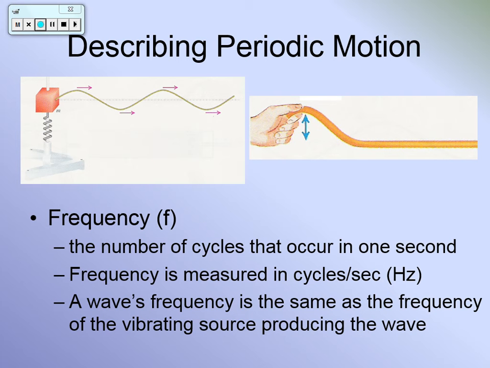But because those arms are moving back and forth at a certain frequency, the waves that are being created have that same frequency. This tuning fork is a 320 hertz tuning fork. So these arms vibrate back and forth 320 times every second. And that then creates waves that have a frequency of 320 times every second.